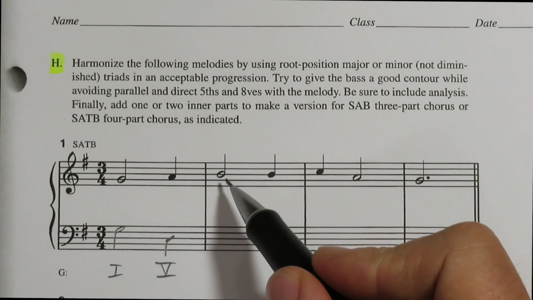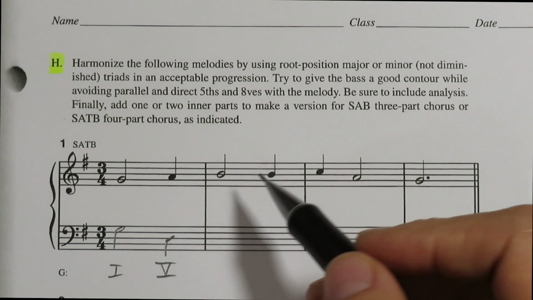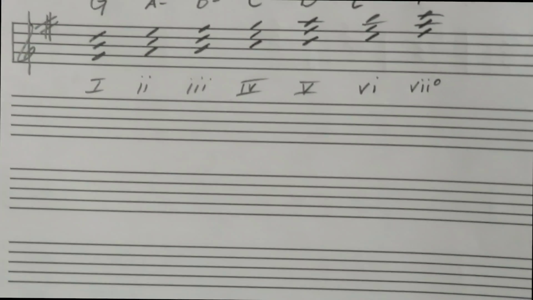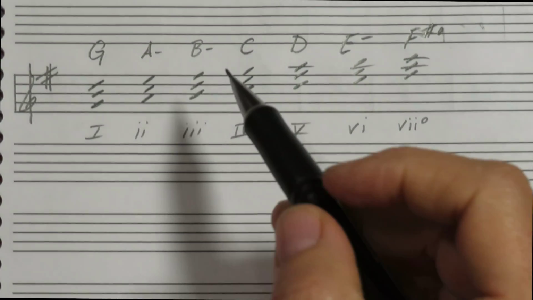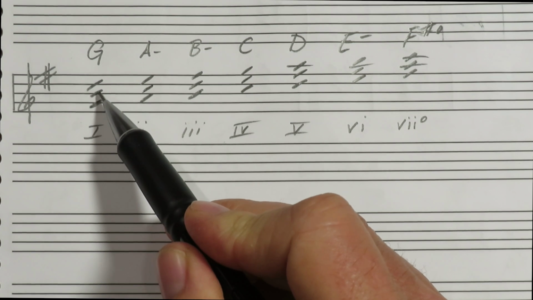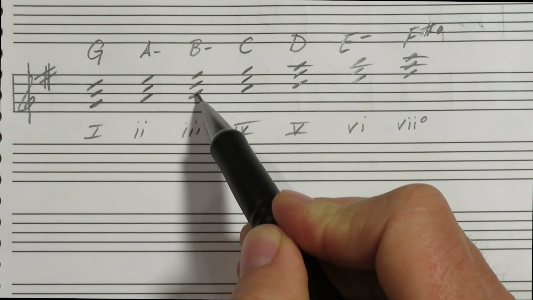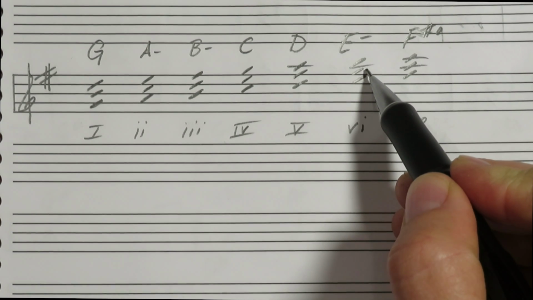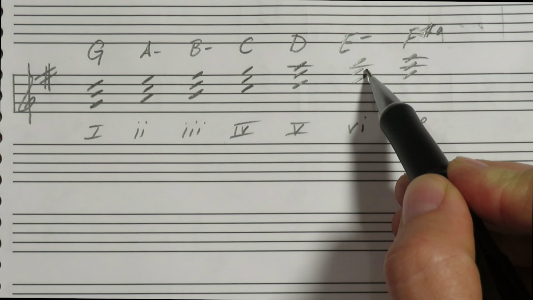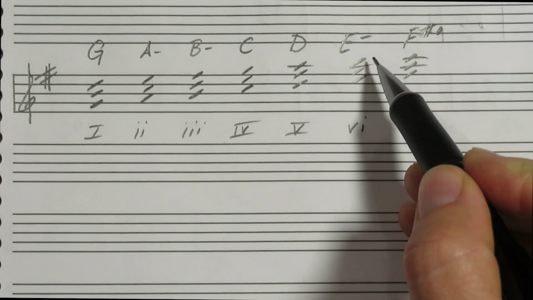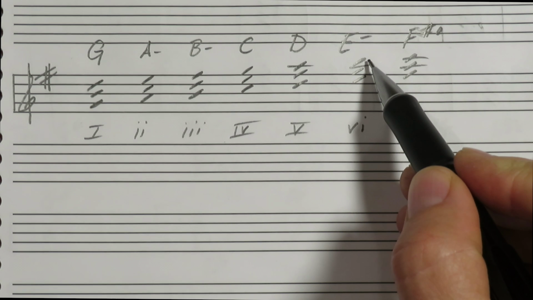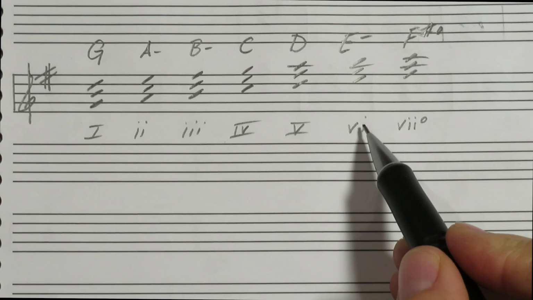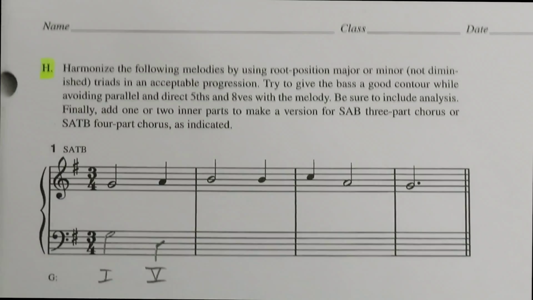Now, we have a B in the melody. So let's find out what chords we can use. Which chords have the B in it? So the G major, it's the 3rd. The B minor, it's the root. And the E minor, it's the 3rd. No, E, G, B. It's the 5th of the E minor chord. So we could use a 1, a 3, or a 6. Okay, so